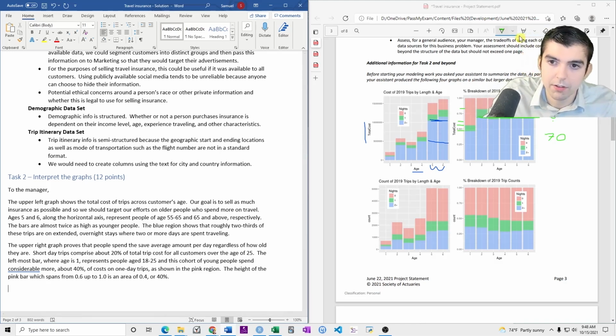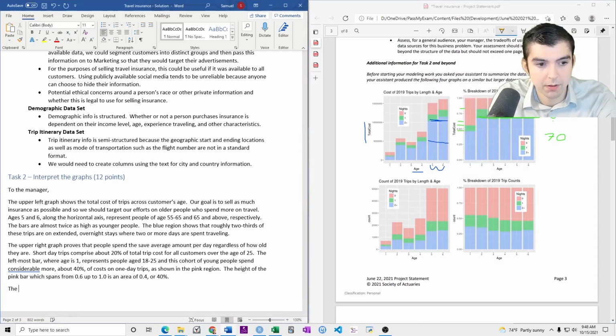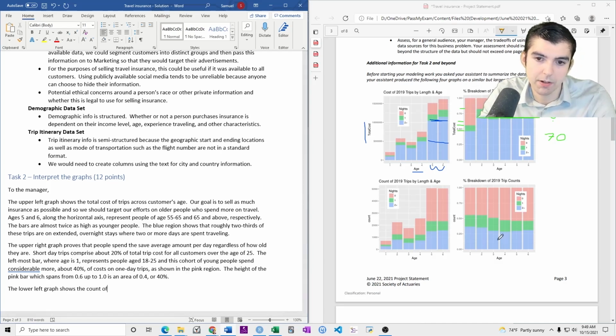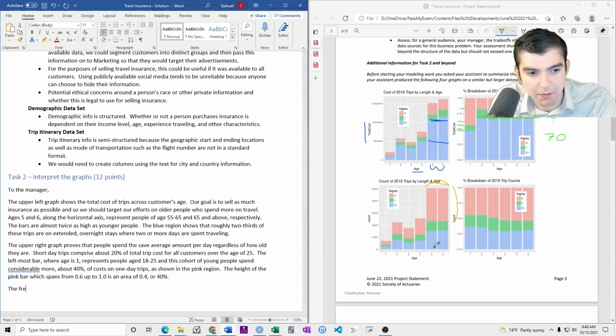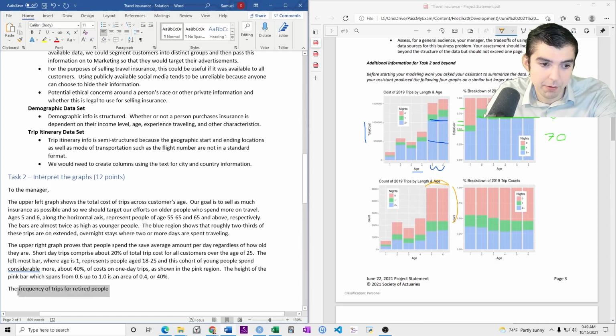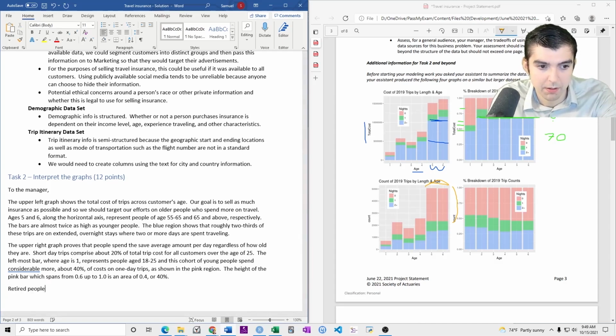Okay, now let's look at this graph. The lower left graph shows the count of trips by length. So I see the same trend as the top graph, where there's this increase here for older retired people. So retired people travel more frequently, as well as spending more.